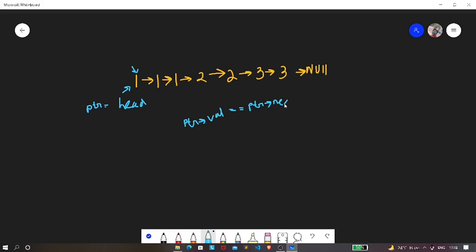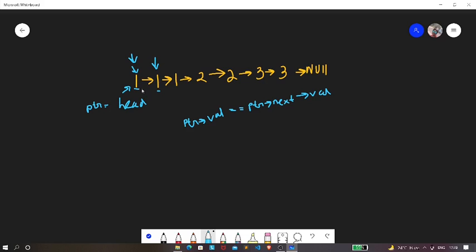Now what is this ptr of next? Ptr of next signifies this element, because this element's next is this element, and its value will signify the element 1, as you can see over here. So we need to check whether this ptr of val is equal to ptr of next of val, that is, whether the elements of these two are equal or not. Now we find that this is also 1, this is also 1, and hence they are equal.